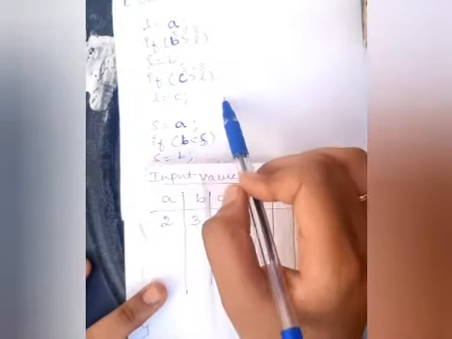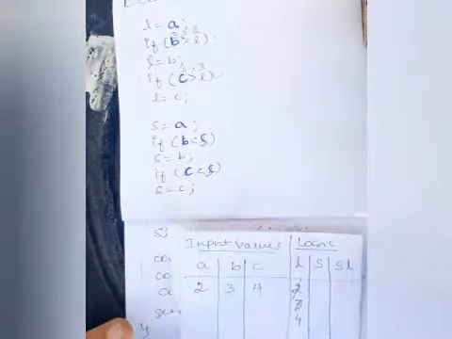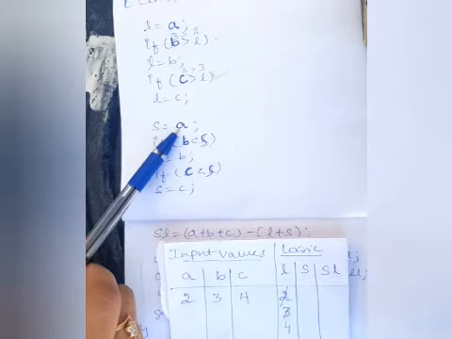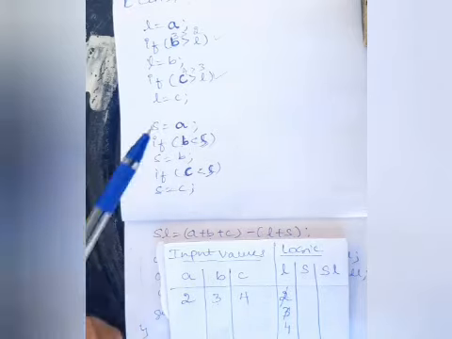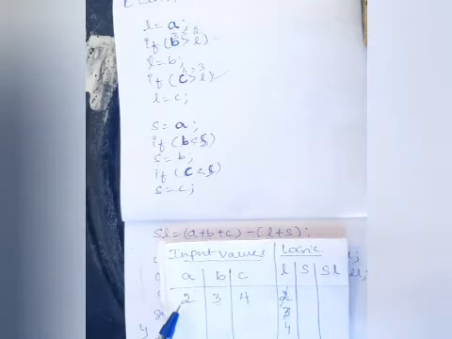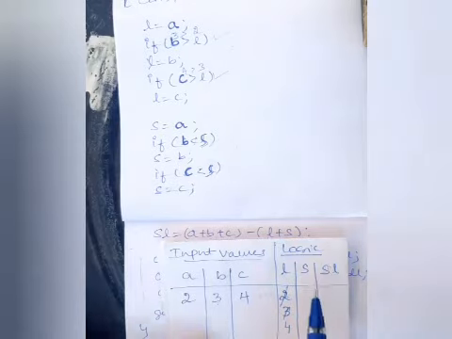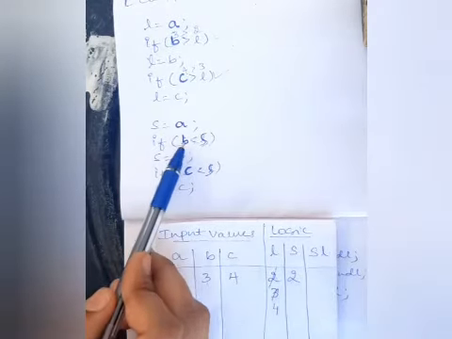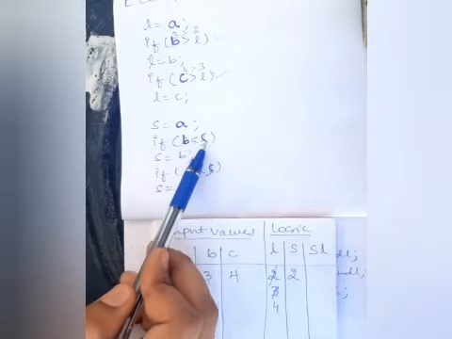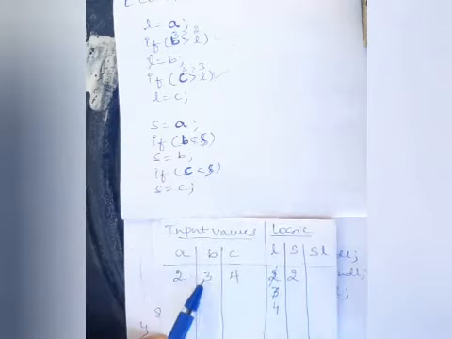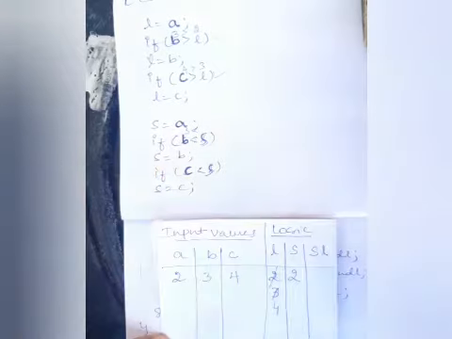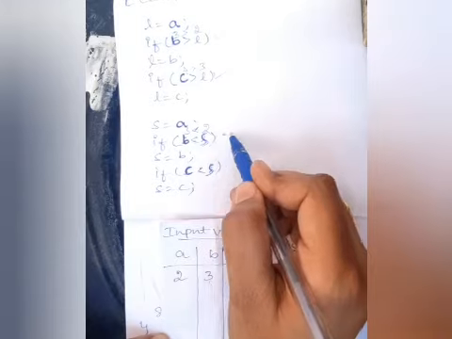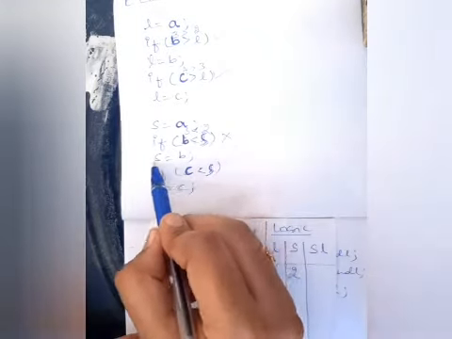Okay. So that's all about largest. So we found out the largest. Now coming to the smallest. Same method, we are assigning a value to the S. What is A? A is 2. We are assigning A to S. Now S becomes what? 2. Now check the condition. If B is less than S, what is B? B is 3. Is 3 less than 2? Condition is false. So if this condition is false, it will not execute this statement.